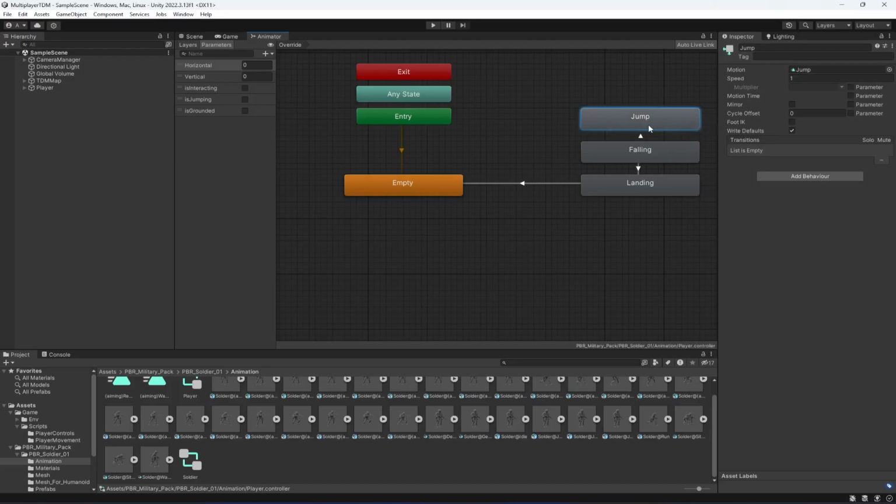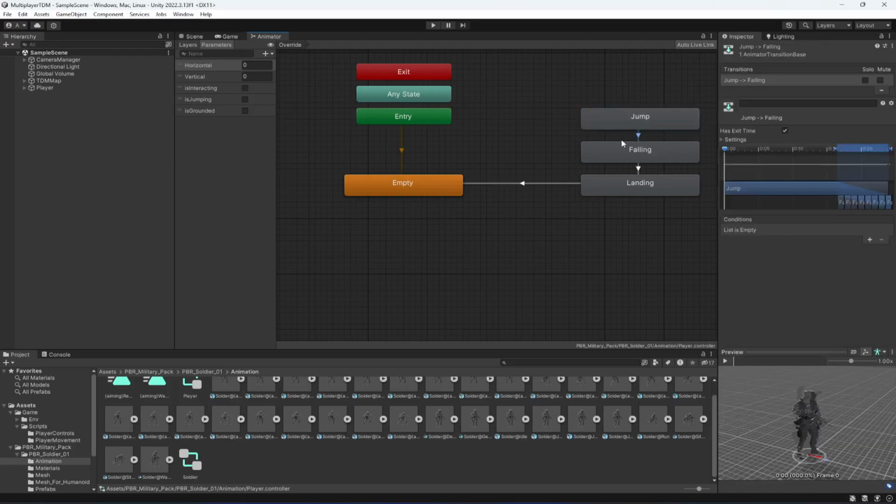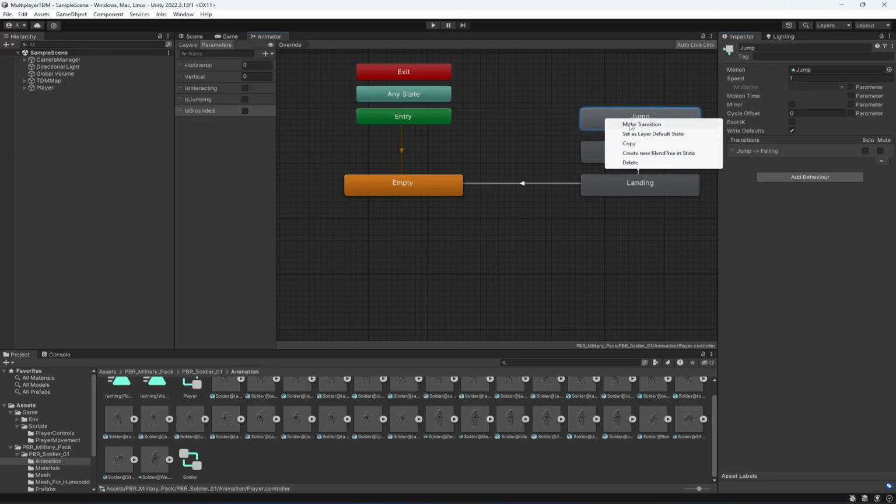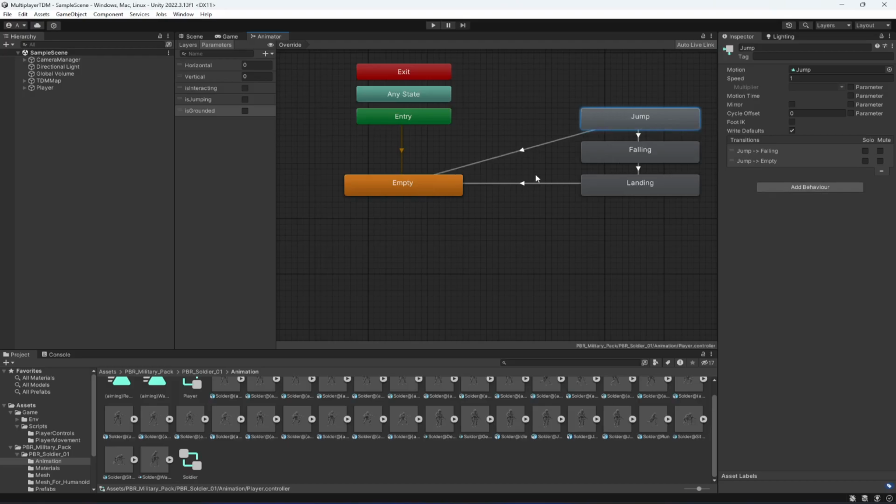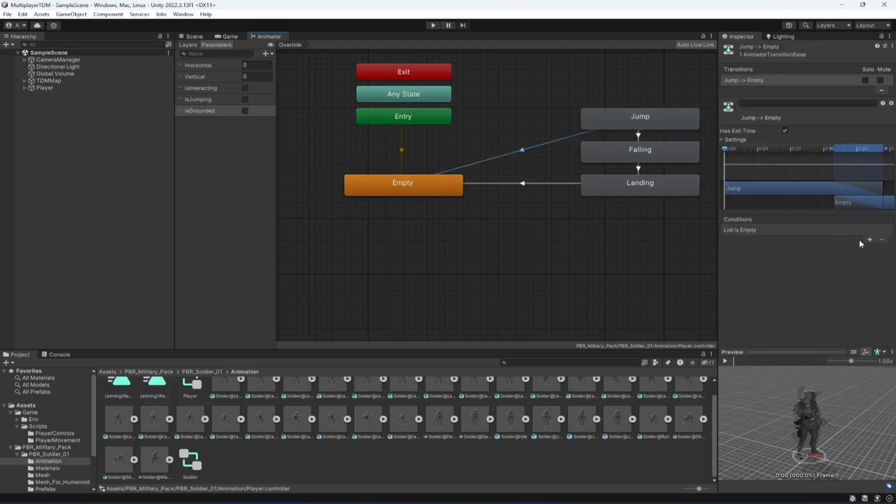Let's make a transition from jump to falling. And as you know, the player will go into falling when the player is not on the ground. So for that reason we have created this is grounded bool right here on the parameters. So we're gonna say if is grounded is false, then the player will start falling like this, as you can see. After this we will make another transition from jump to empty, and in this transition we will say